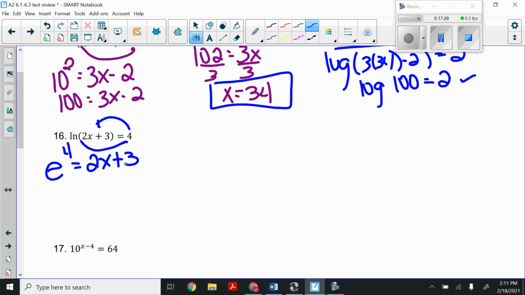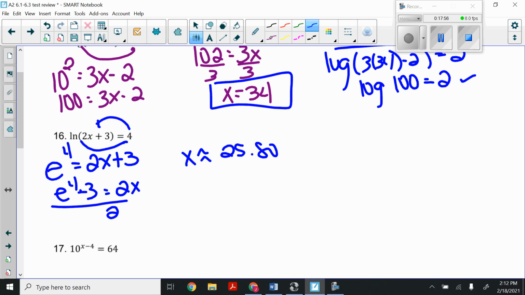I need to get x by itself, so subtract 3 from both sides. So I get e to the 4th minus 3 equals 2x, divide by 2. So x is approximately, remember we're not going to round until the very end, so e to the 4th, subtract 3, and then divide by 2. And they tell me round to the nearest hundredth, so 2 decimal places, so x is approximately